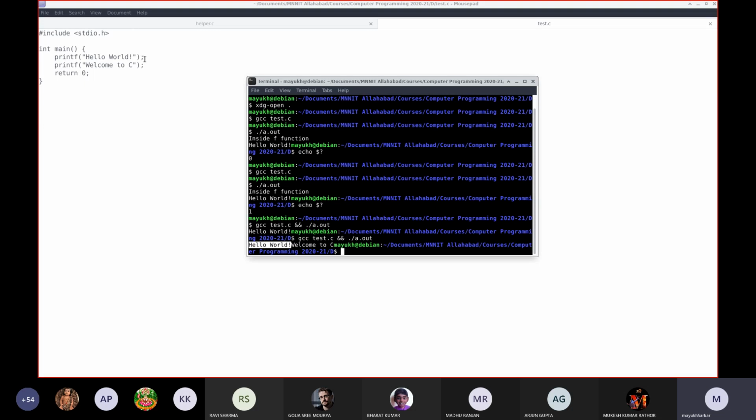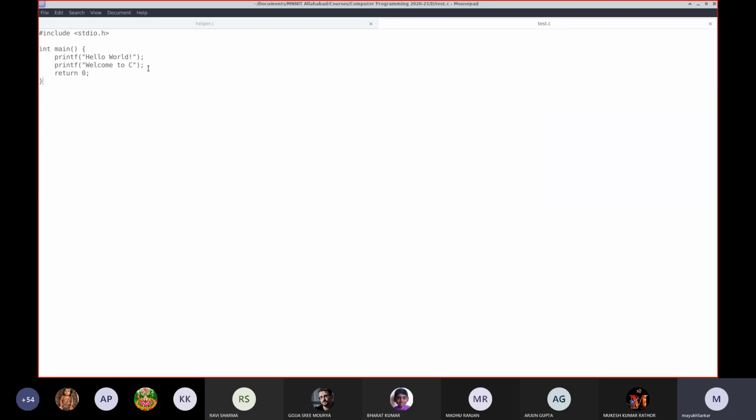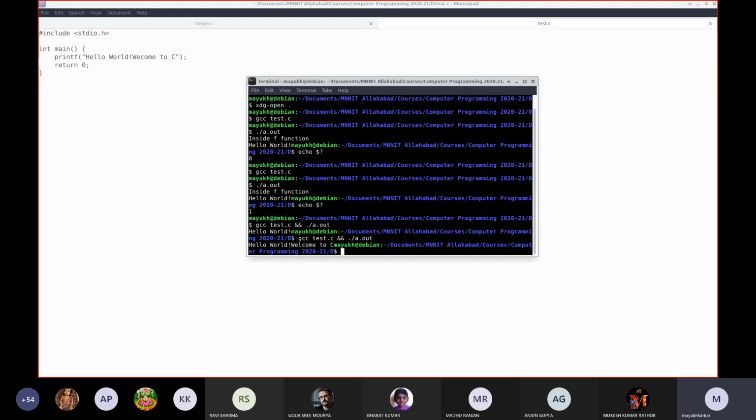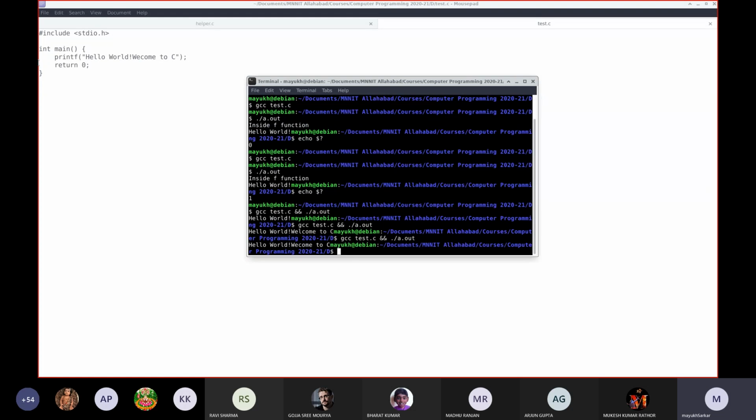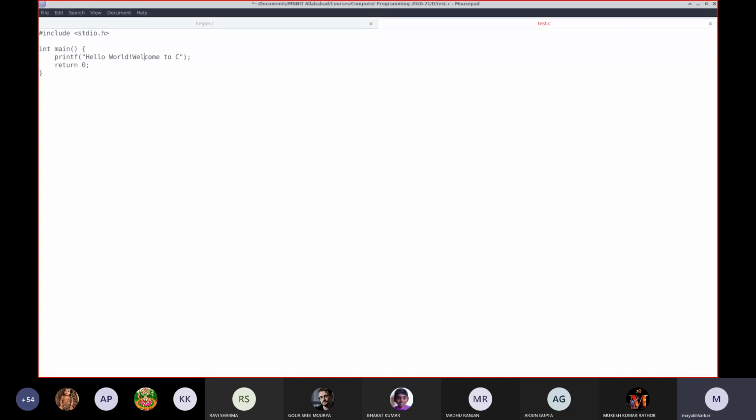Okay, then as soon as this statement got executed, it came to the next statement and it printed welcome to C. Okay, maybe you could have done this in the same line, and it would give you the same output. Okay, I think I missed an L from here.